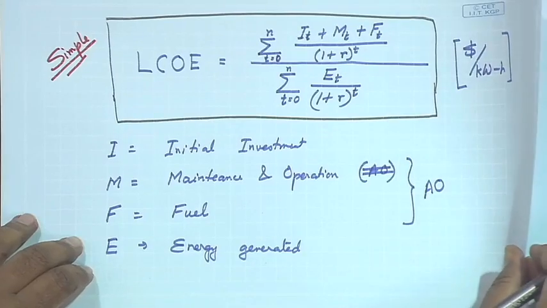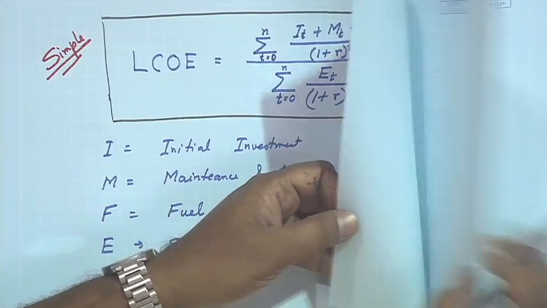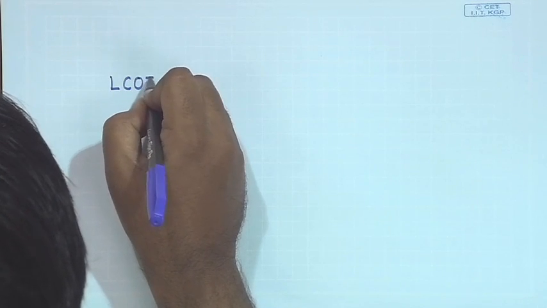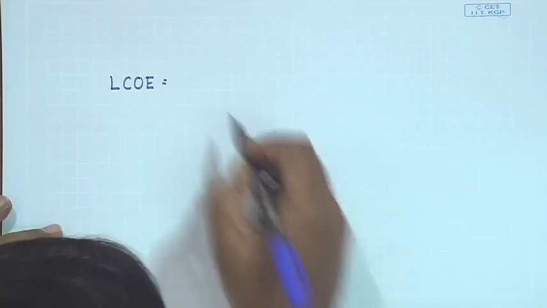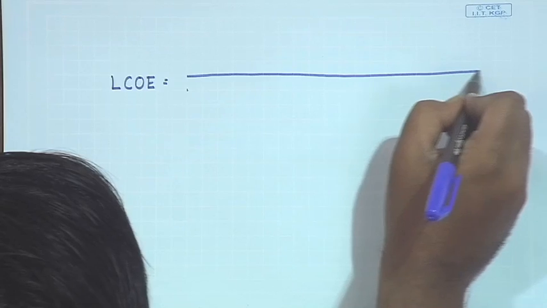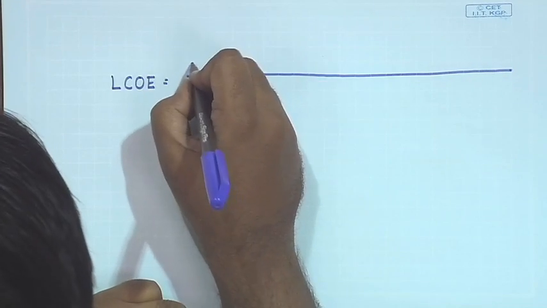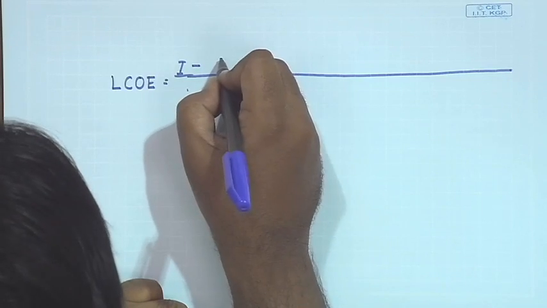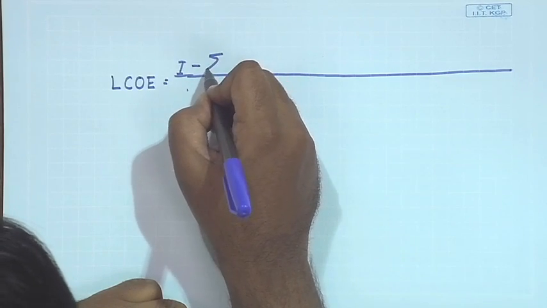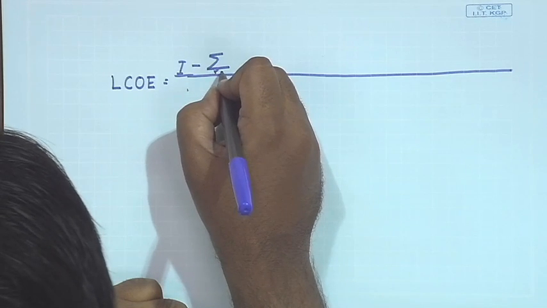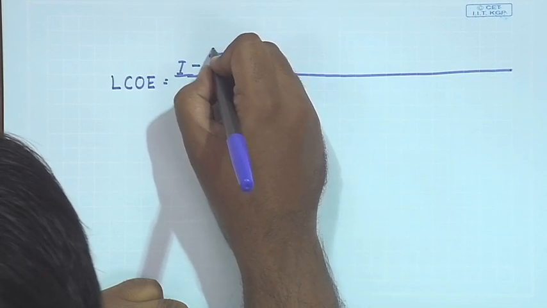We can look at a more complex definition of LCOE as well, and that is also there. Let me first write it down and then try to explain each of these. I would first write the numerator, and I would say I minus sigma, t from 1 to n,